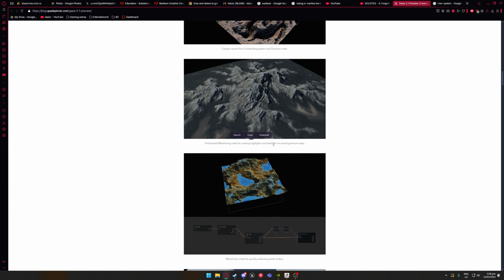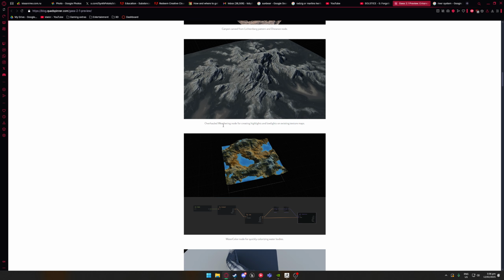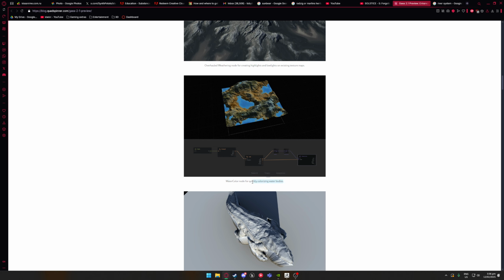Overhauled weathering node for creating highlights and lowlights on existing texture maps. That's going to be pretty helpful. Watercolor node for quickly colorizing water bodies. Once again,